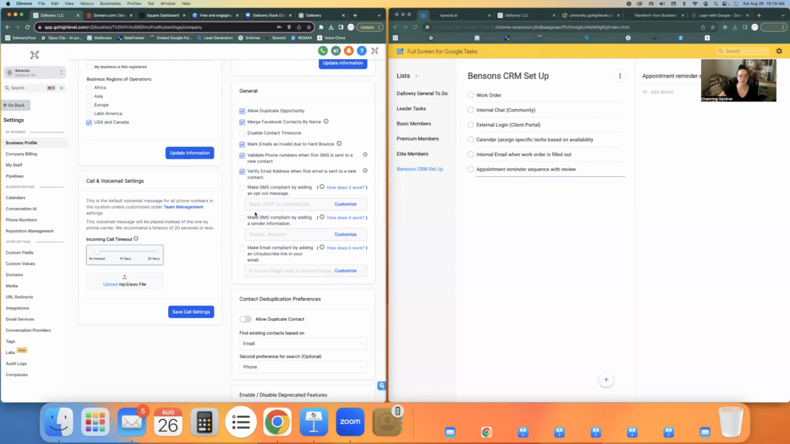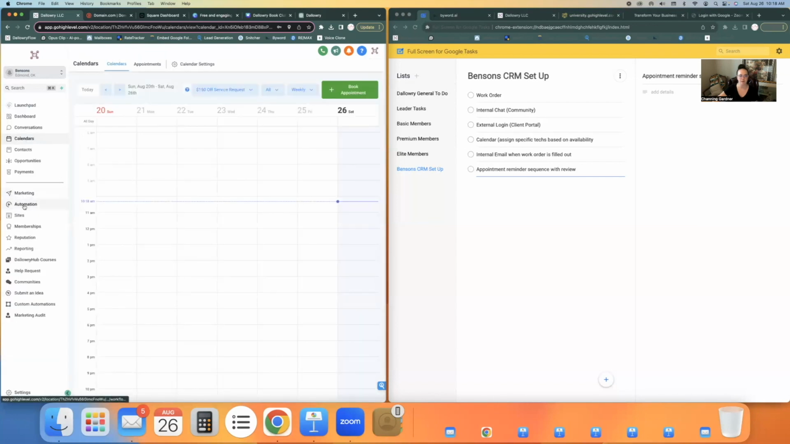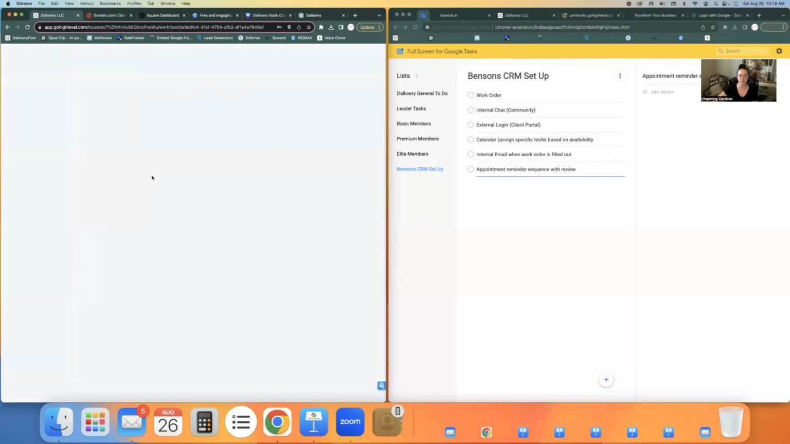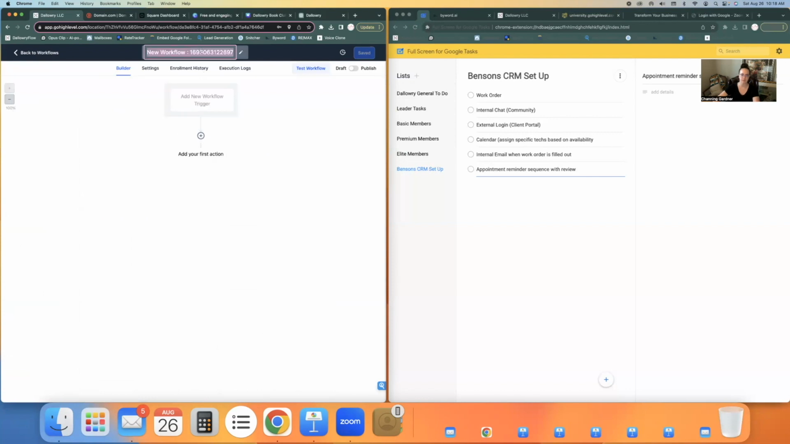First things first, we're going to do our stop unsubscribe. So we're going to come in here to automations. We're going to create a workflow, start from scratch. And this is going to be our stop unsubscribe. I highly recommend you name every single one of your workflows, or it's going to be a nightmare trying